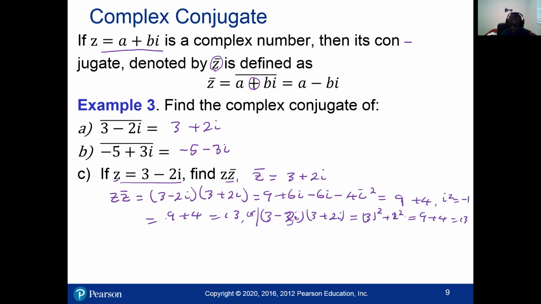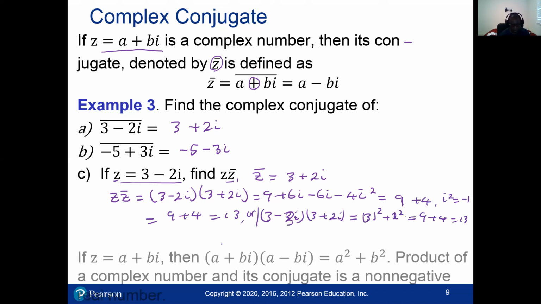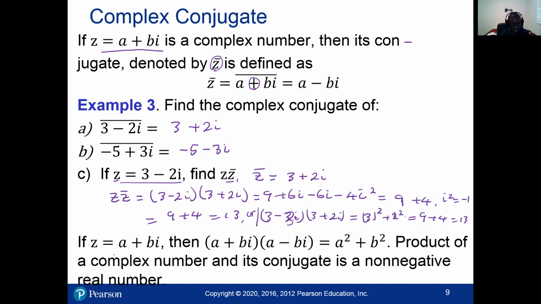So generally, if I multiply a complex number by its conjugate, a plus bi times a minus bi, you get a squared plus b squared. That is the product of a complex number and its conjugate: a non-negative real number. Very, very important,